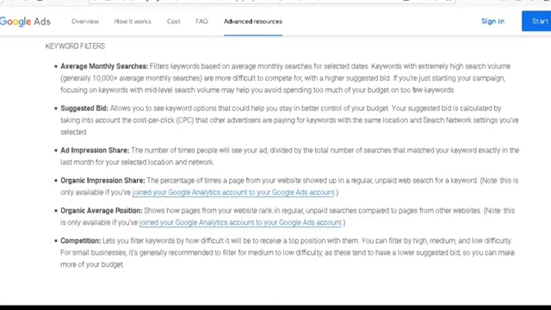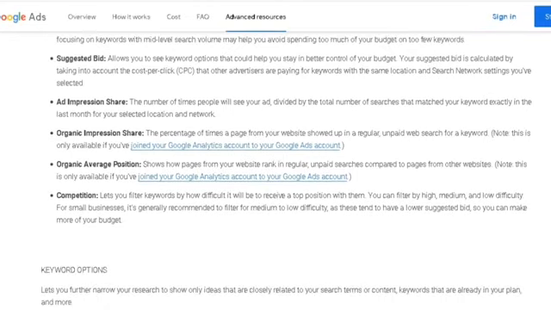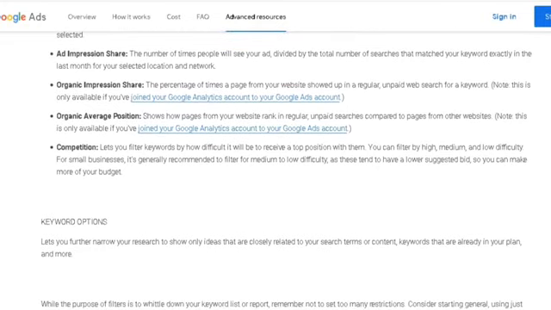For small businesses, it's generally recommended to filter for medium to low difficulty, as these tend to have a lower suggested bid, so you can make more of your budget. Keyword options lets you further narrow your research to show only ideas that are closely related to your search term or content,